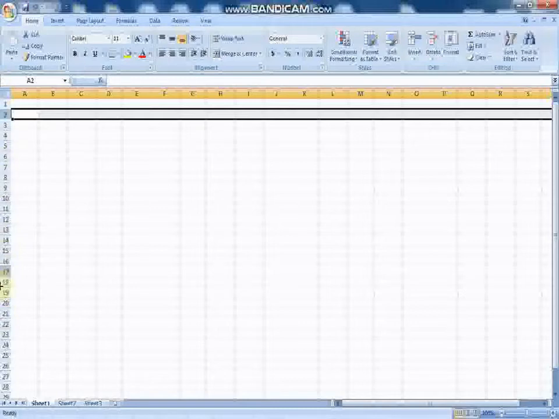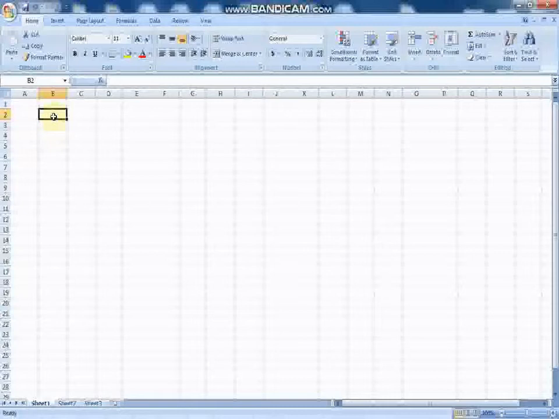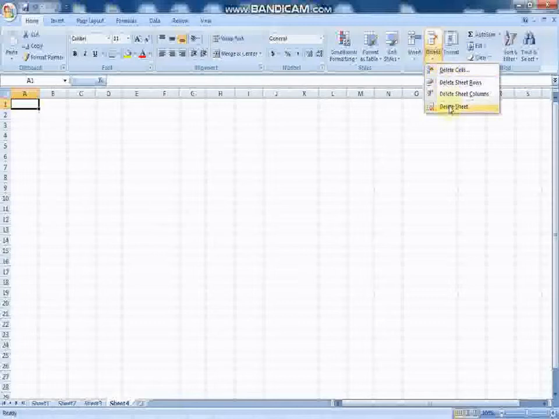You can see the rows are indicated with numbers. In one MS Excel file there are 3 sheets. You can see 1, 2, 3. You can add more sheets from here. Just click and you can add. If you want to delete, here is the option of delete, and from here you can delete any sheet.